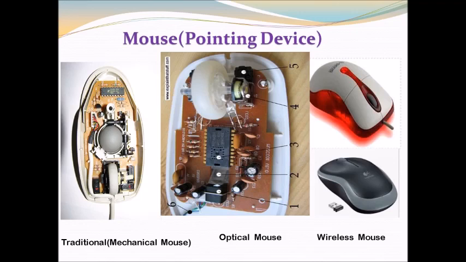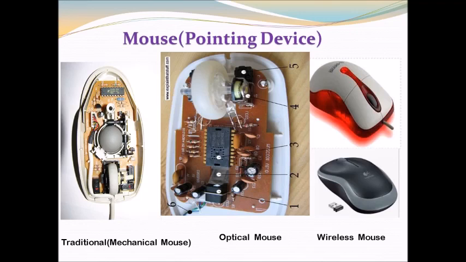The opto-mechanical mouse works on the same principle as the mechanical mouse, but the only difference is that it has optical sensors to detect the movement of the ball. But in a pure optical mouse you will find optical beams or rays that use laser technology to detect the movement of the mouse. It is more efficient and more expensive than the mechanical and opto-mechanical mouse. And a wireless mouse uses the wireless principle, waves or infrared ray waves, to detect the motion.